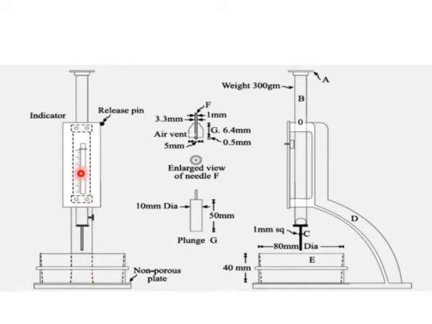This graduation scale reading should be between 5 to 7 mm. When you get a reading between 5 to 7 mm, then that amount of water we call the standard consistency. Suppose for 26% you didn't get 5 to 7 mm, maybe you got around 15 mm. Then what will you do? Increase the water. From 26 I'll go to 27 or maybe 28, going bit by bit, 26, 27, 28 and so on depending on the value. At every 1% of water you need to take a different sample of cement and perform this experiment on a trial basis.